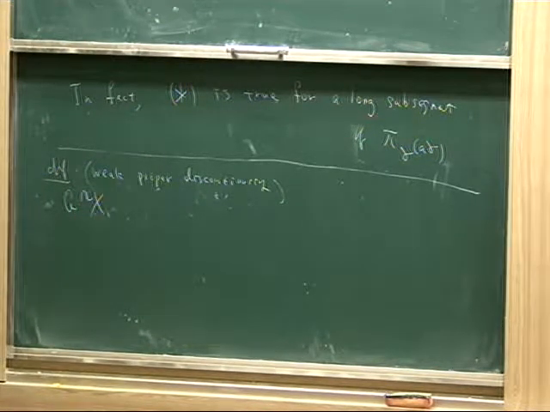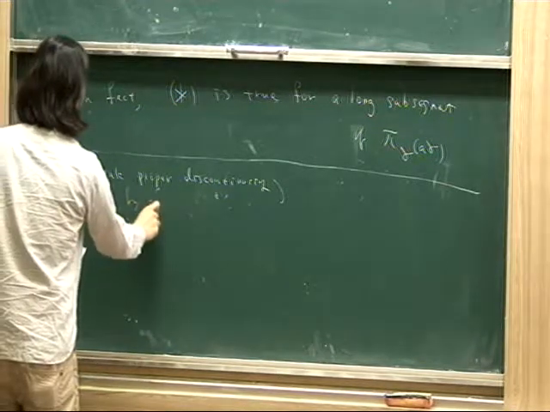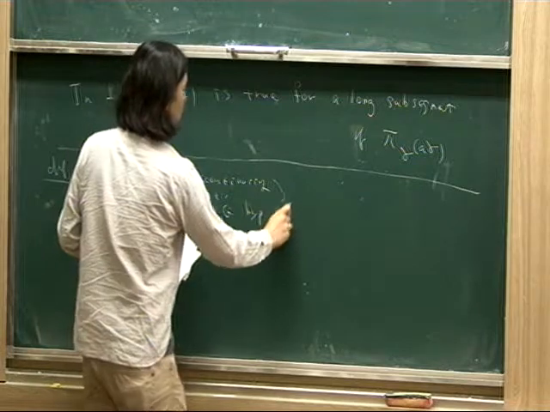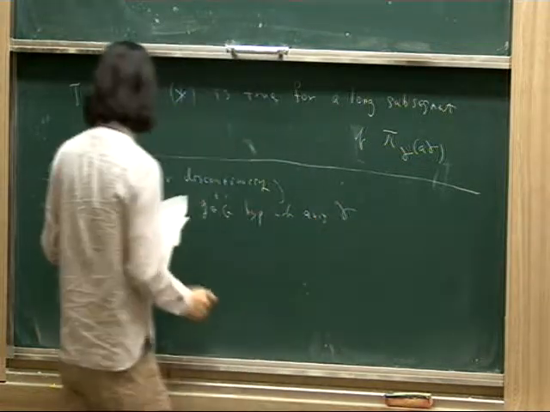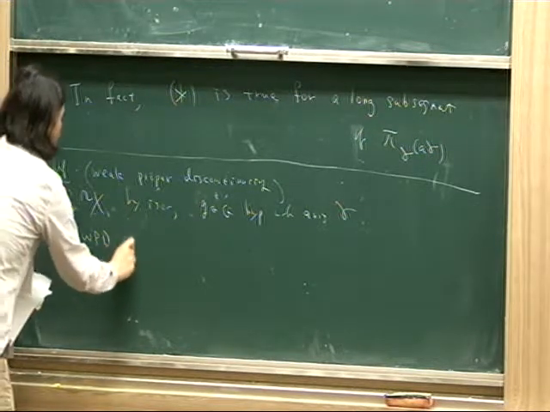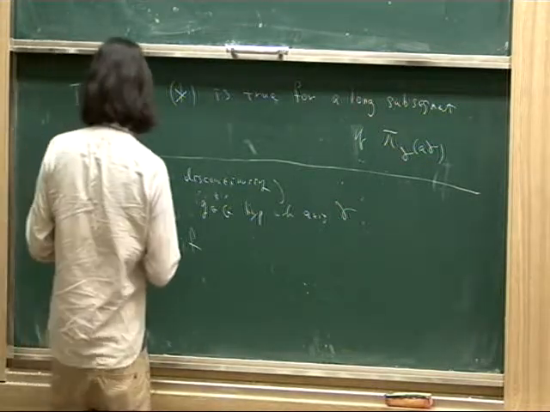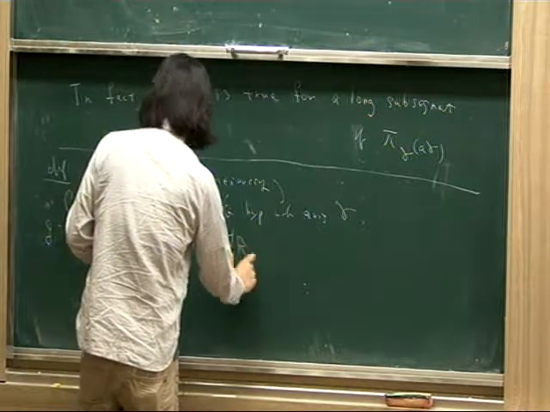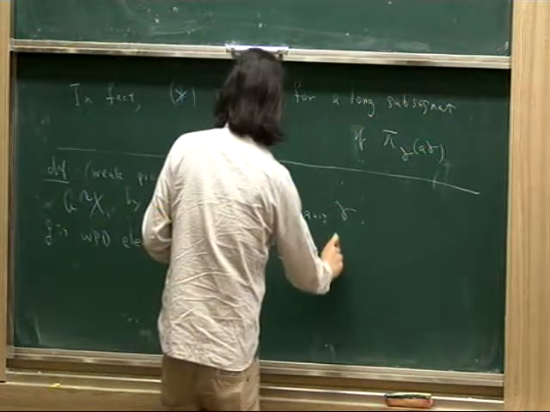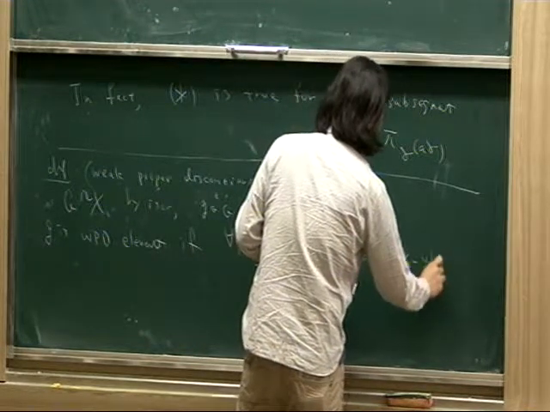So group G is acting on some hyperbolic space, or some geodesic space, by isometry, and g is a hyperbolic isometry with axis gamma. Then I say g is a weak proper discontinuous element if for any R there exists L such that for any x and y on gamma with distance at least L,